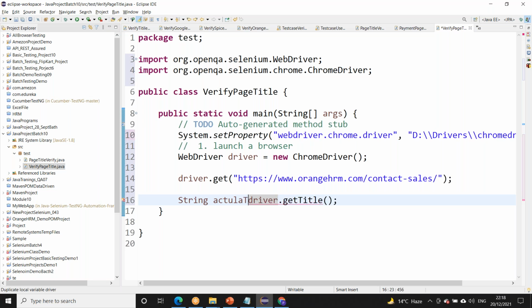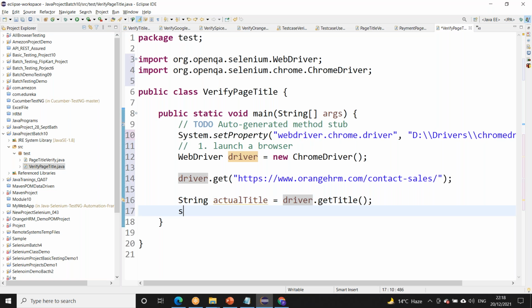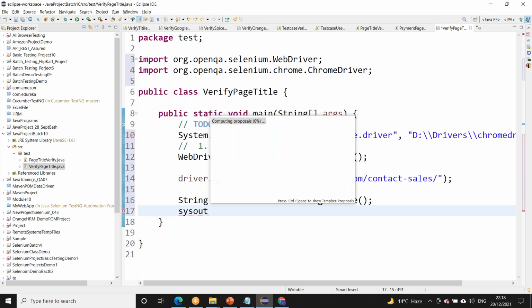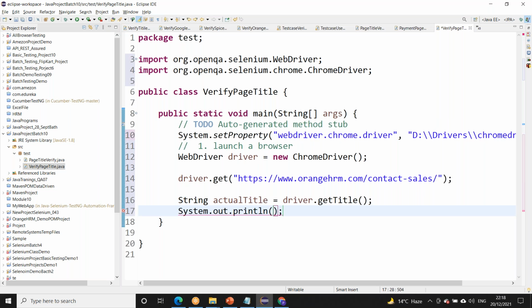Actual title. So this is my title that this method is returning. So I will print that actual title. System.out.println is a print statement. So now if I run this, it will print the title of this Orange HRM page.